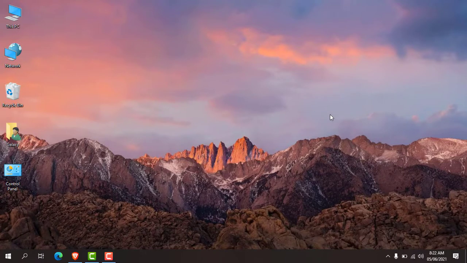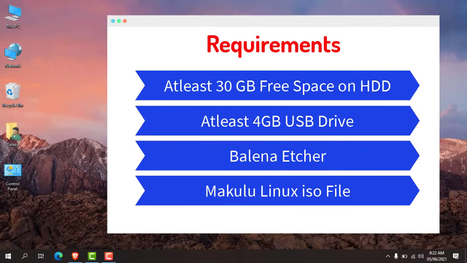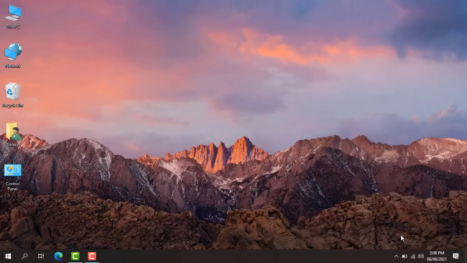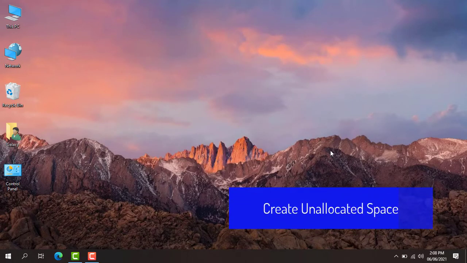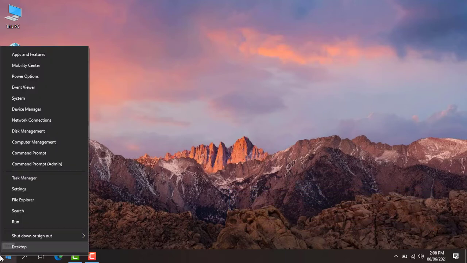These things are required to dual boot Makulu Linux with Windows 10. So our first step is to create free space for the Makulu Linux installation. To create free space, simply right click on the Start menu, then click on Disk Management.